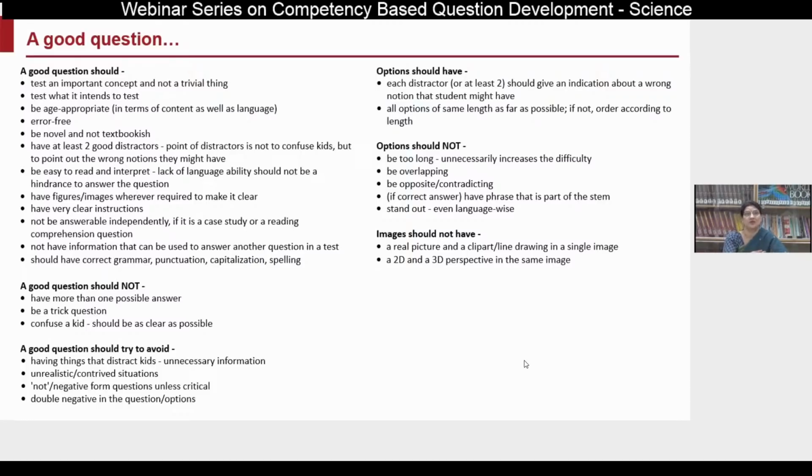On the guideline for creating multiple choice questions, in fact, we have two things. One is a handbook for item writing, which we have developed in collaboration with Azim Premji University and Central Square Foundation. Within the next week, we will be uploading this handbook for all our teachers to access on the CBSE academic website. Besides that, EI has supported us in creating a set of guidelines, a very simplified version, which covers all the critical areas. A large part of the presentation would also be a part of this. So we will definitely wind that up, finalize that document and upload it for everybody.